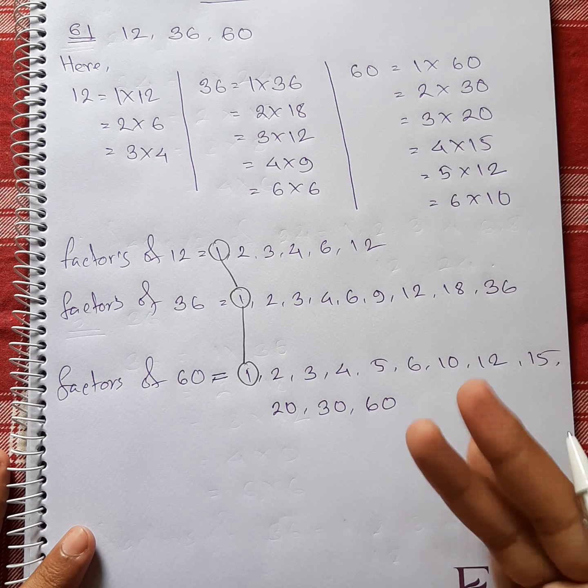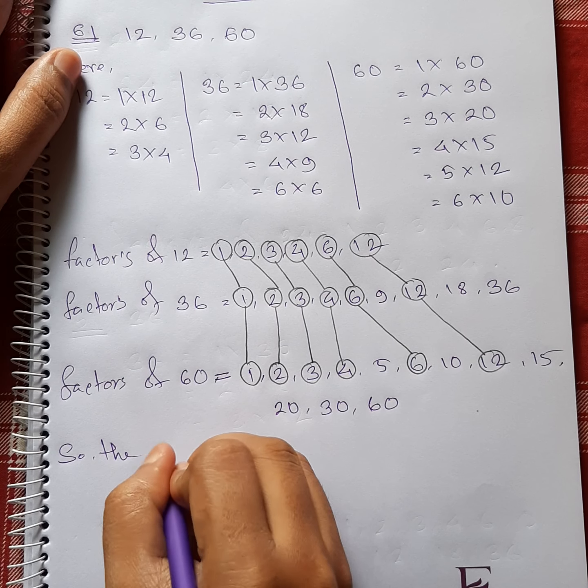Okay, now you can see that I have marked up all the common numbers. So if you want to make a list, you write down the common factors,